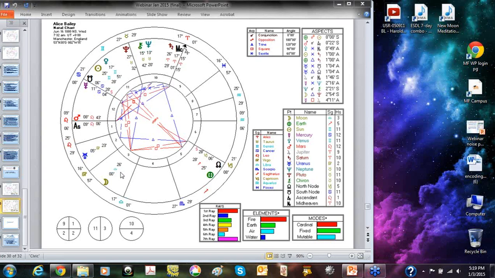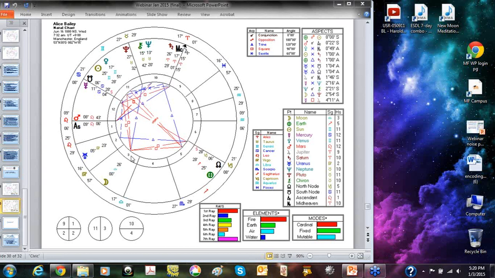And with all that Gemini, it magnifies it even more, in spite of the fact that they are squared. She's got all this ability to relate to others. And the other thing is that it's in the third house. It's in the house that normally Gemini would occupy. So there's that extra emphasis, again, on that Geminian quality of communication. And isn't that what she's done? She's communicated to us, absolutely communicated.